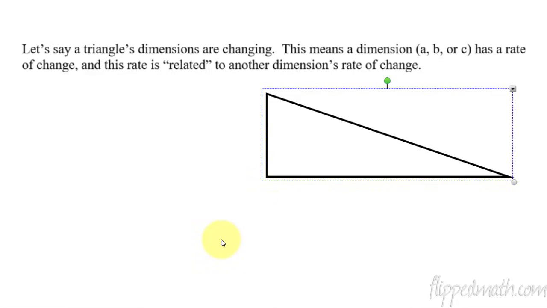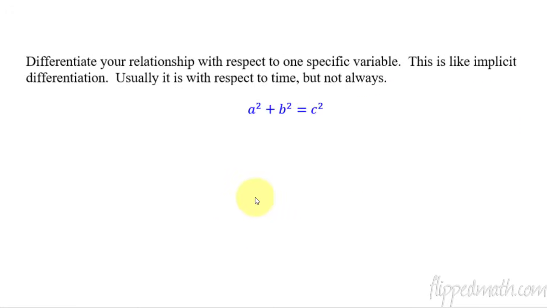Okay, so that's the gist of a related rate, where you set up an equation with variables, and then when you take their derivative, those derivatives, those rates of change, those are related to each other. Let me show you what I mean by that with this. So when we take the derivative, it's almost always with respect to time. So I'm going to write over here on the side d/dt, because I'm taking the derivative with respect